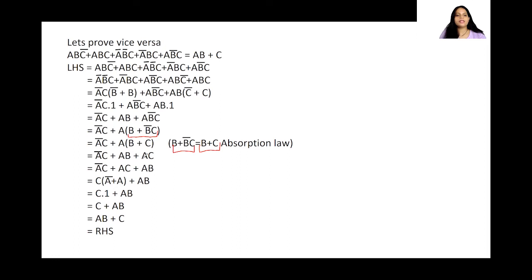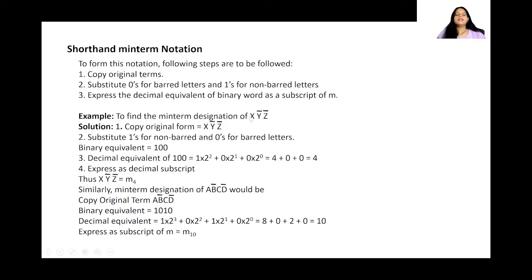Now open the bracket, multiply and leave it like this. Okay, now I have, let me reshuffle this and write it over here so that I can take C common out. I'm left with A bar plus A and AB. Now this entire thing becomes 1. So C into 1 AB, C plus AB, which is nothing but AB plus C, which is my right hand side. Okay, so from this it is clear that whatever the min term we have found is equal to the given expression, isn't it?